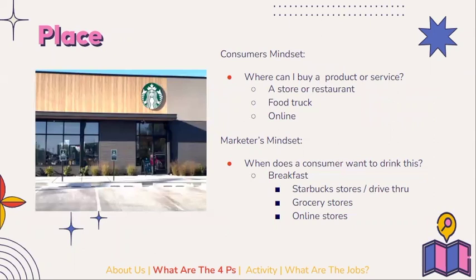This is a place strategy that marketers think about. They also think about where their consumers are going to consume their drinks. They think about, oh, are they going to drink it for breakfast, lunch, or dinner? Now, Starbucks has a marketing team, or they may work with an ad agency, also known as an advertising agency, that would think about how consumers shop and when they buy products. So marketers think about where you can buy Frappuccinos, and they think about all the different places where you can